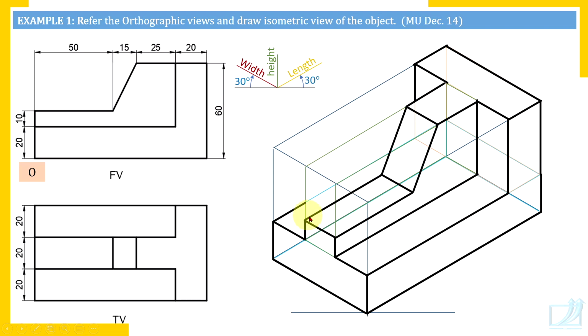Now since we have removed this portion of the vertical plate, some more portion of this edge is visible, so extend that edge. But it should not overlap on the visible edge. The portion which overlaps on the visible surface, we have not made it dark because that is hidden.